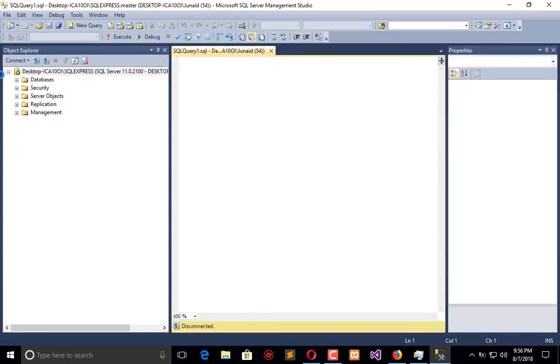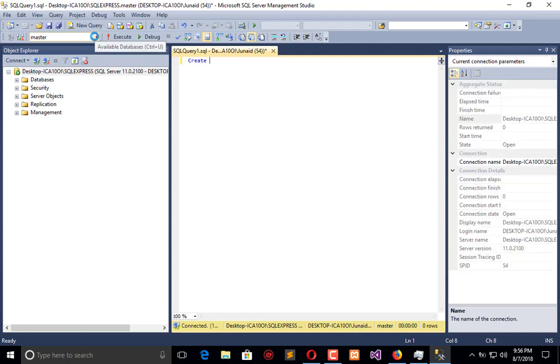So I will say, here I have to select the database. Remember that whenever you are working with SQL Server, you must select the database. So here we have school database. Here is school, and I will say I want to create a table. So create table having name as person. Okay, and here I will say I have